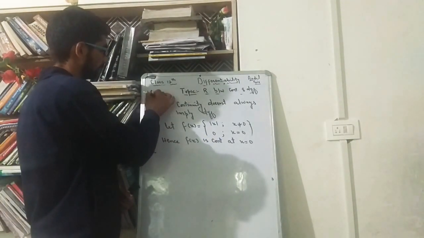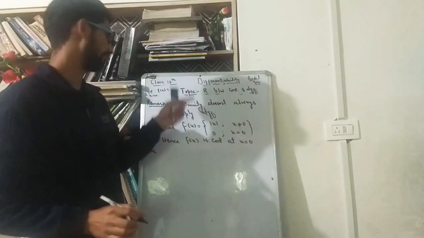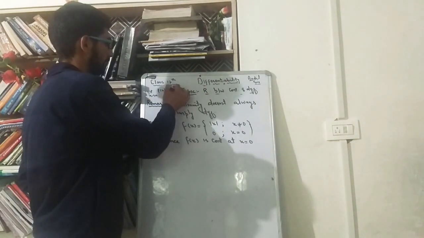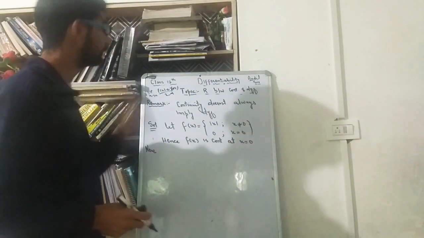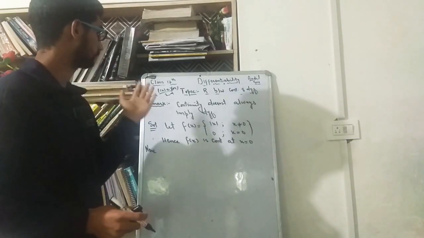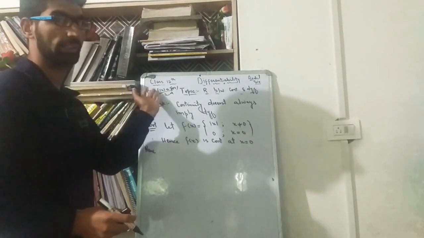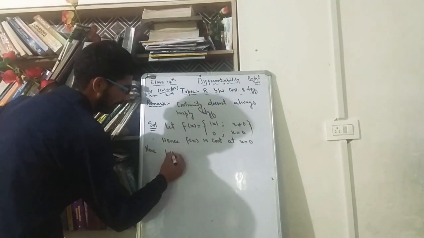or we must have this limit x tends to a of f of x minus f of a divided by x minus a, it must exist, but it will exist only when the left hand limit and right hand limit are equal. So we will now find the left hand derivative